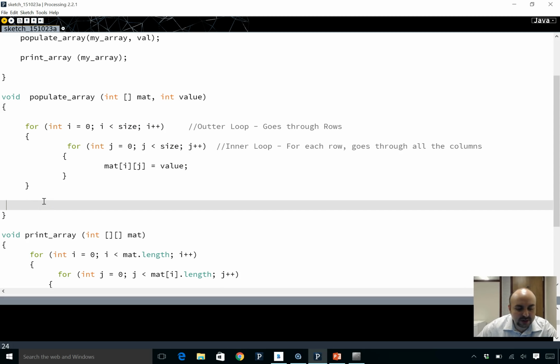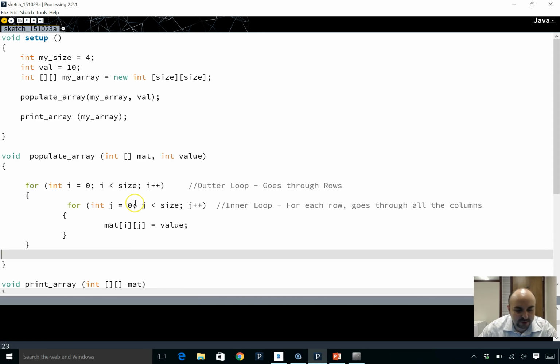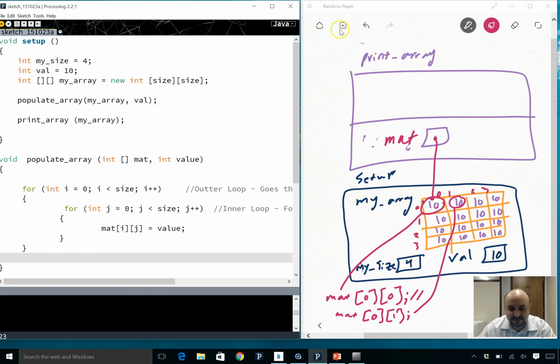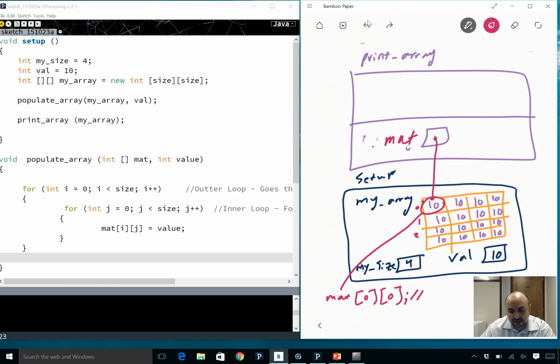So I went a little bit fast in this last part, but I believe you guys are keeping up. You should be able to keep up basically. So the populate array is now passed by reference. So we're going to create our array here. We're going to send it down here, and we're going to populate it. So we're not gonna do that whole copying the array from here back to top. So this is a lot better in terms of performance. So if I just draw the memory diagram for this, let me just take